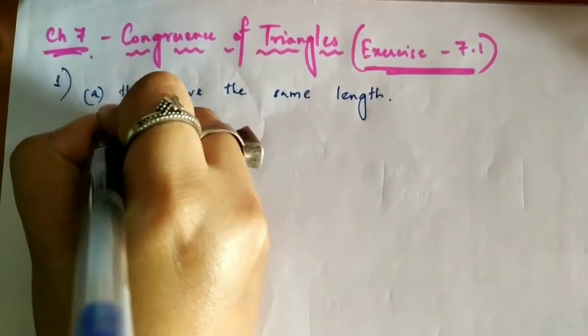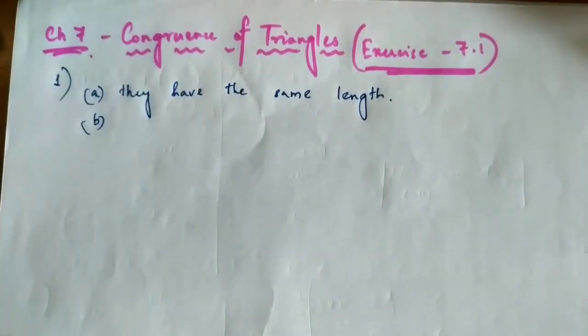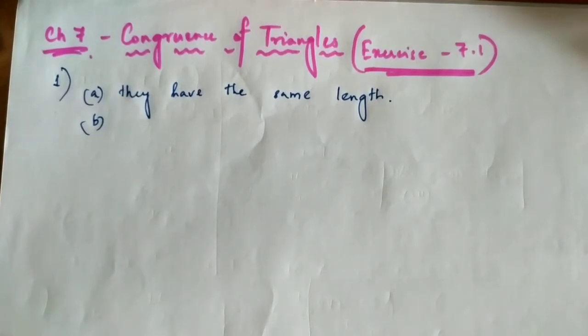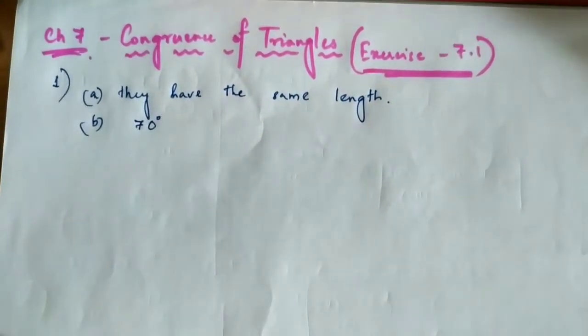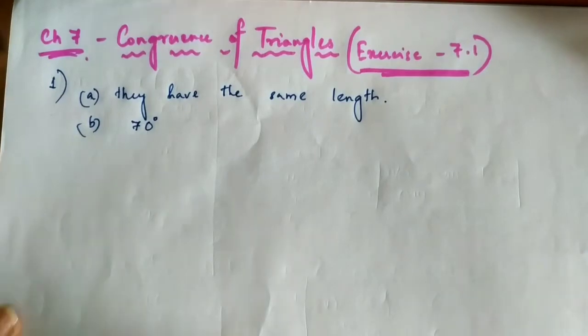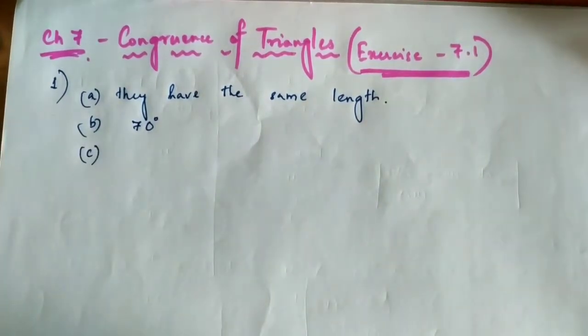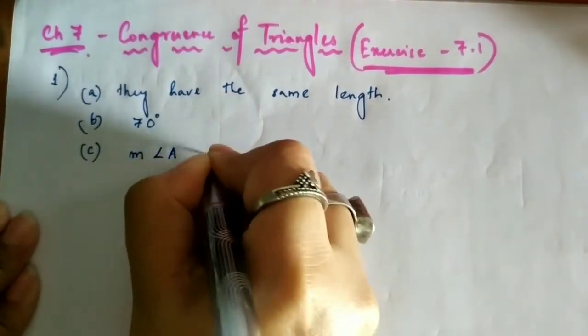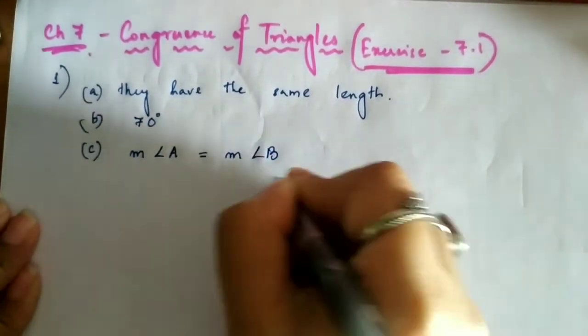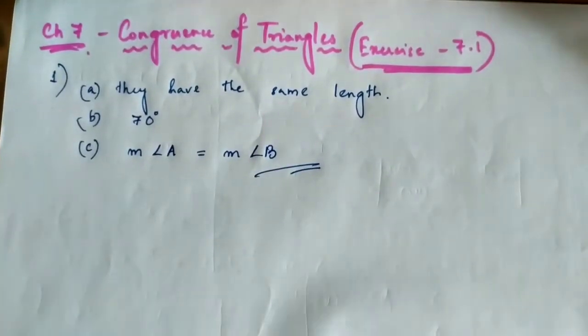Second one, number B, among two congruent angles, if one has a measure of 70 degree, the measure of the other angle is, so if two angles are considered to be congruent, they should have the same measure. So if one has a measure of 70 degree, the measure of the other angle will also be 70 degree, not less than or more than this. Next one, number C, when we write angle A equal to angle B, we actually mean that the measure of angle A is equal to the measure of angle B. So these are the solutions to question number 1.